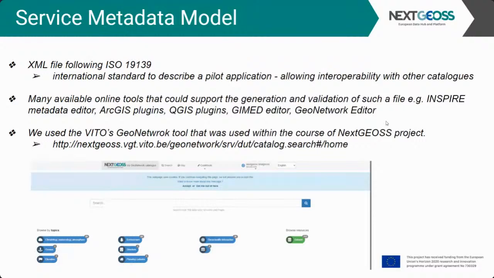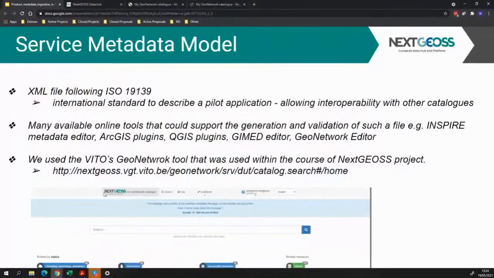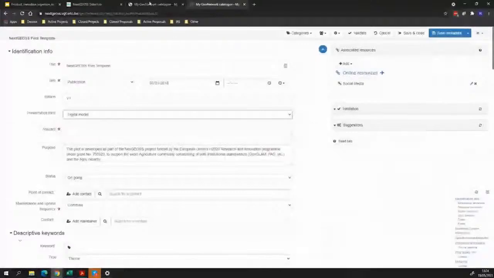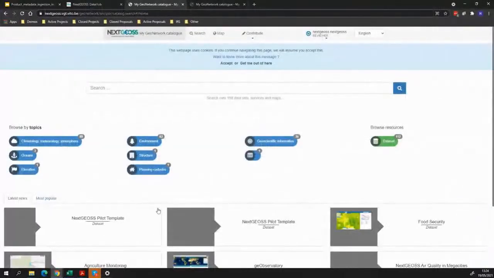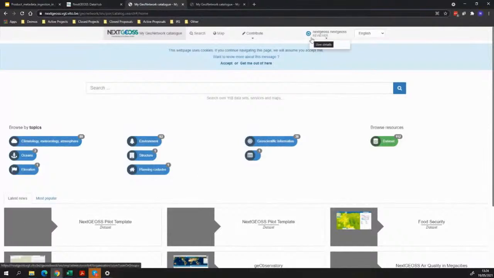We used in NextGEOSS the GeoNetwork tool that's available following this URL. You can see here a screenshot. I can quickly browse through it. So if I go here, you'll enter here. I'm already logged in. You'll be asked to log in. I think in the presentation that David will do, you'll be provided with where in the process you'll be provided with the credentials to enter this, and then you'll be able to enter into